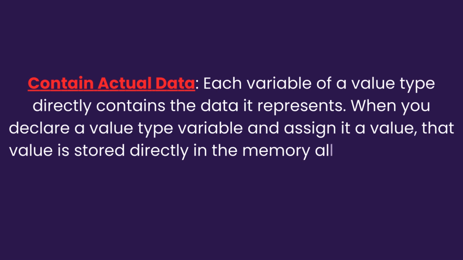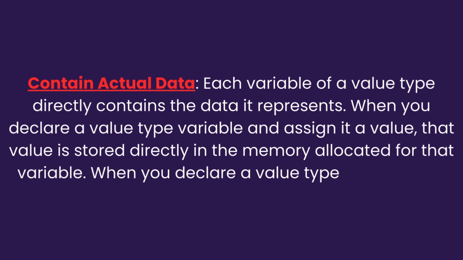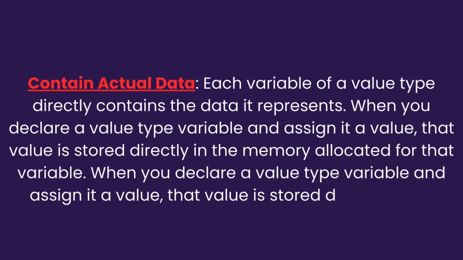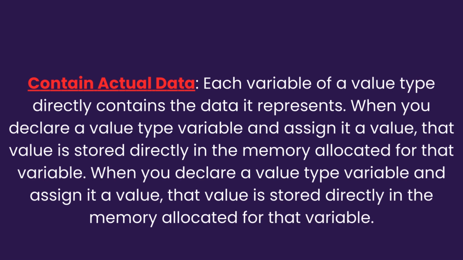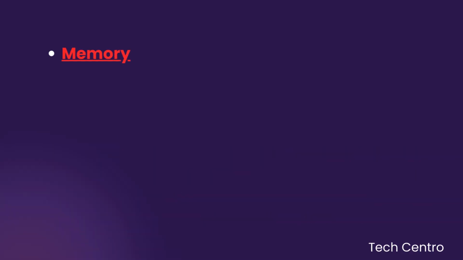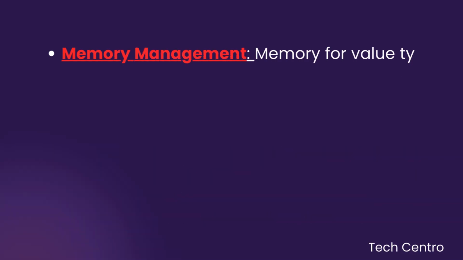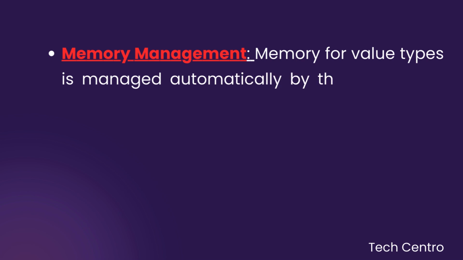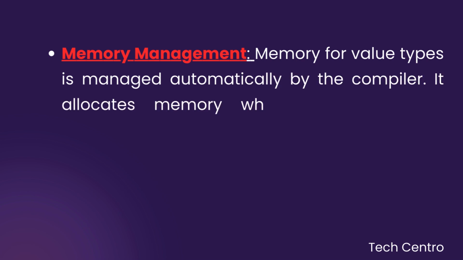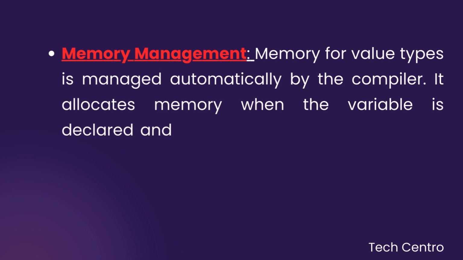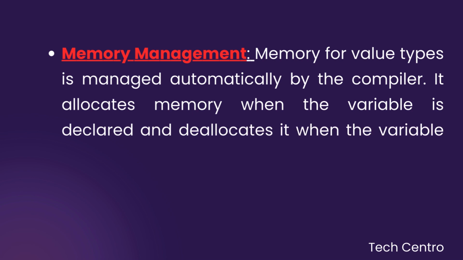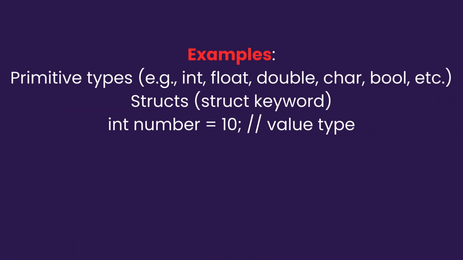When you declare a value type variable and assign it a value, that value is stored directly in the memory allocated for that variable. Memory management: memory for value types is managed automatically by the compiler. It allocates memory when the variable is declared and deallocates it when the variable goes out of scope. Examples: primitive types, e.g. int, float, double, char, bool, etc., and struct. For example: int number = 10;